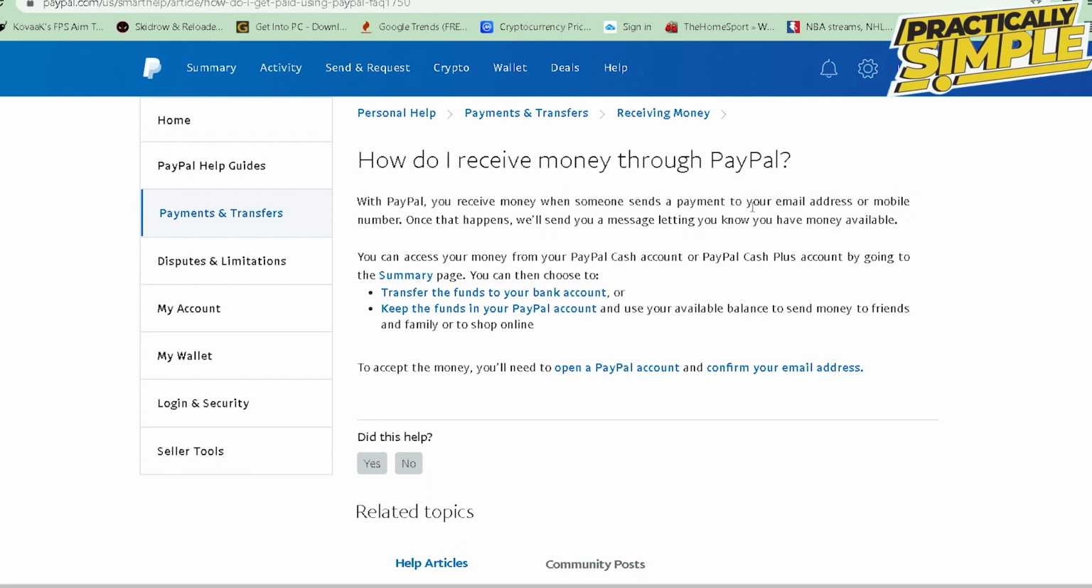Once that happens, they send a message letting you know you will have money available. Basically, what this means is somebody can send you money in PayPal even if you don't have a bank account. But remember that money is going to be stored in your PayPal account. To get the money out of your PayPal account and into your hand or into cash,